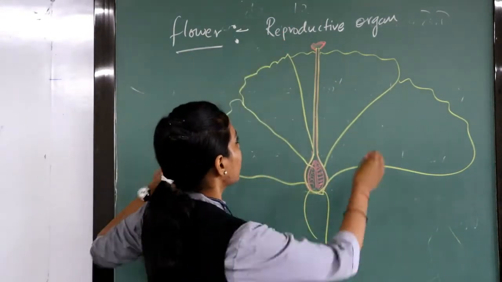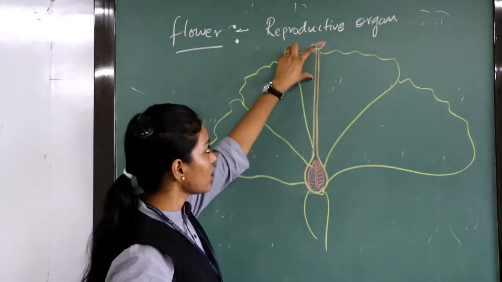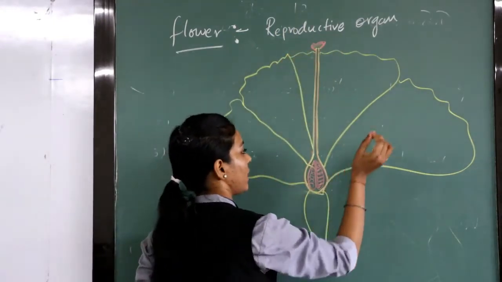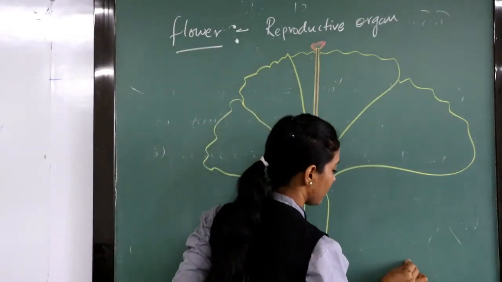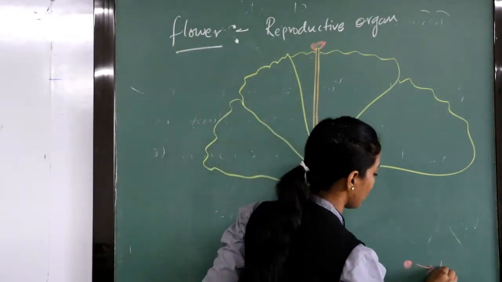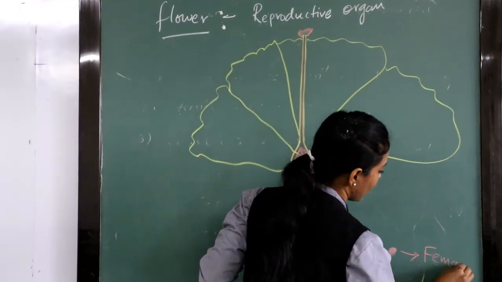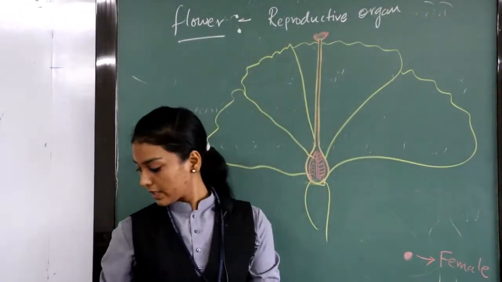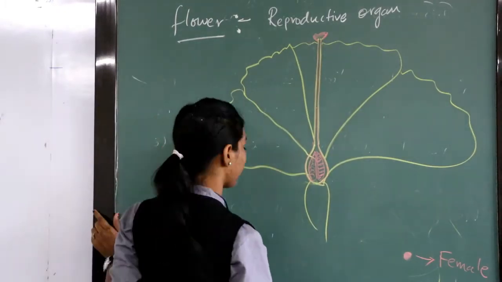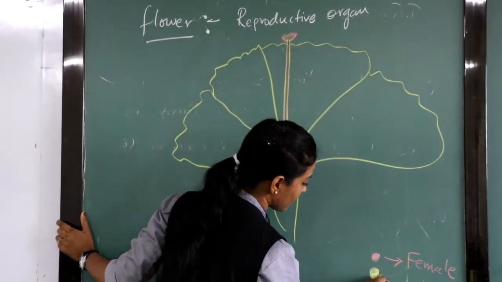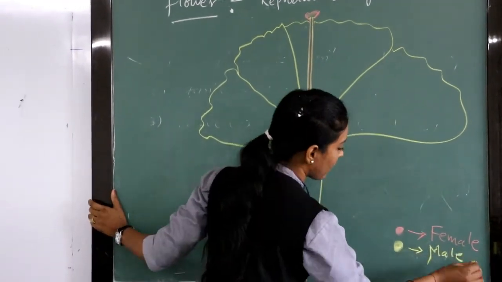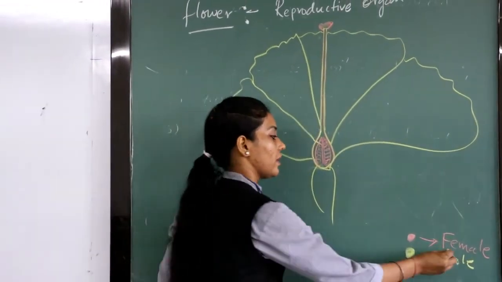So this particular part which I have drawn in different color chalk, this is a part of the female part. Okay, I will draw over here. This color represents the female part, and the yellow color one, okay, this represents the male part of a flower. Okay. Now